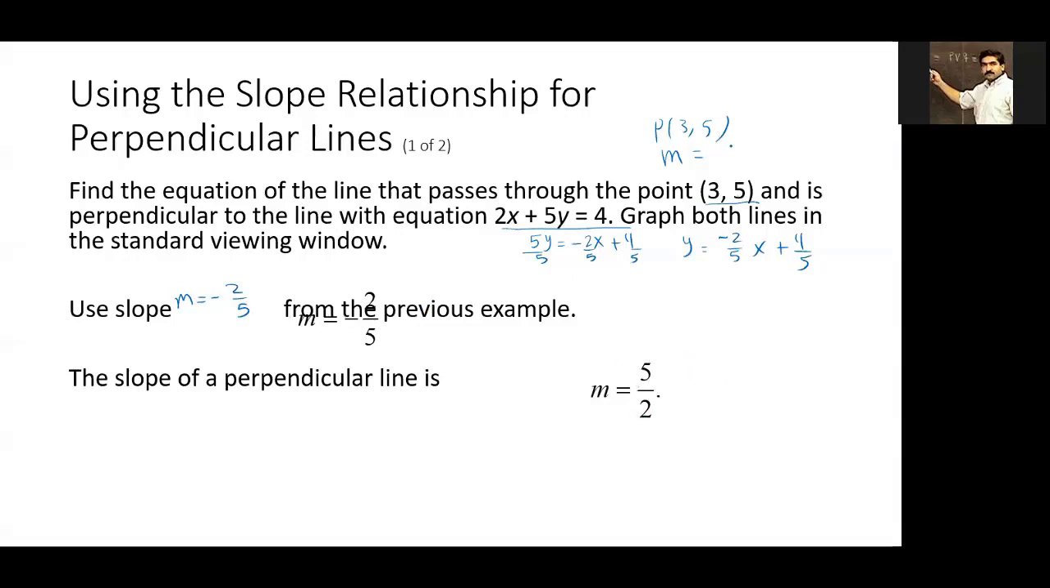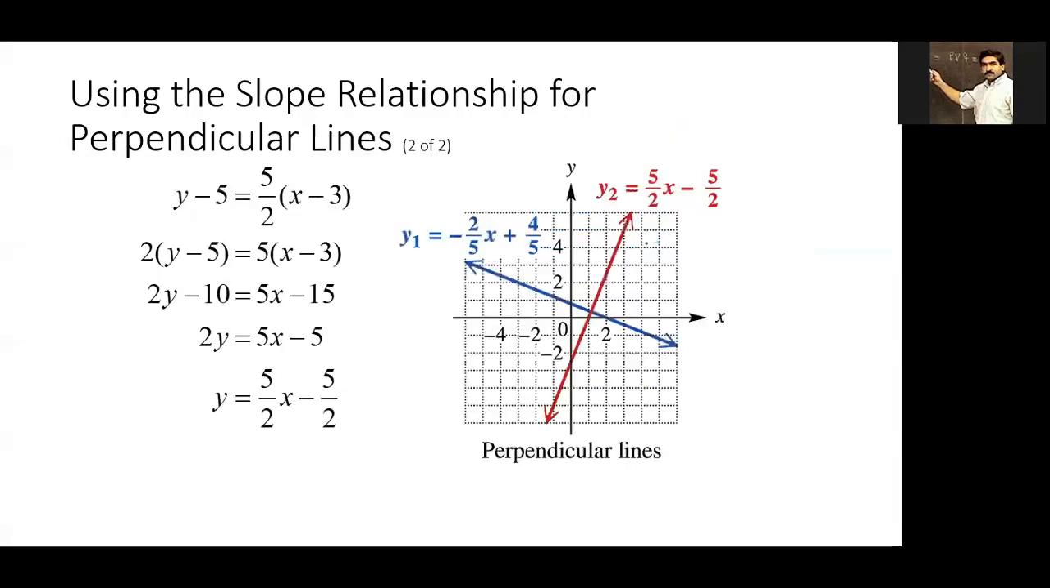So now I know the slope of my line is 5 over 2. I can use this information to write the equation of the line. I can use the point-slope formula, substitute 5 over 2 for the slope, and substitute the corresponding values for x1 and y1,